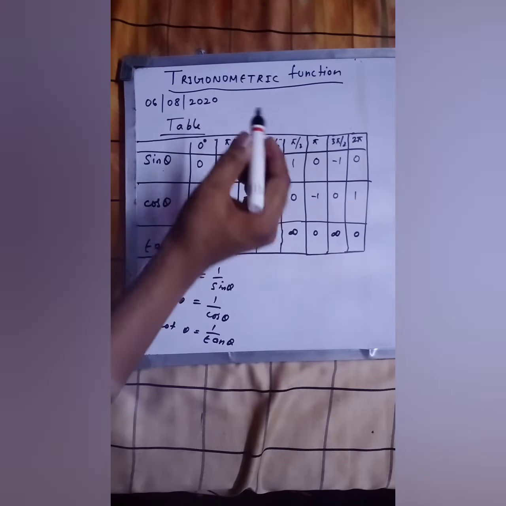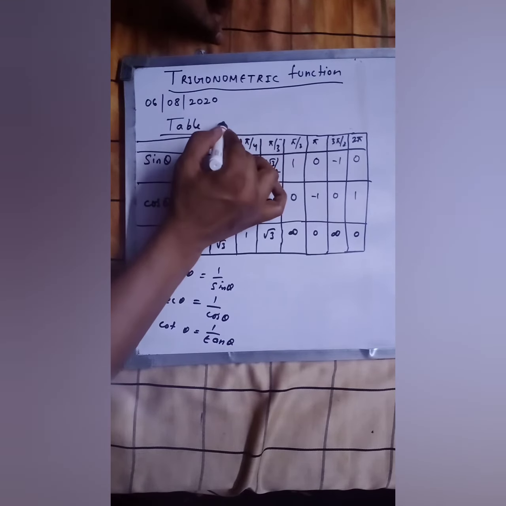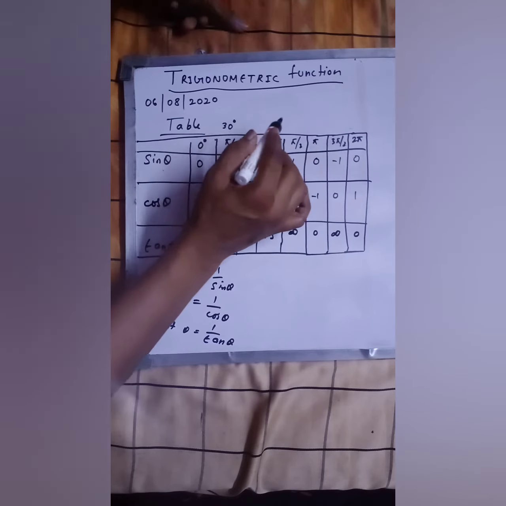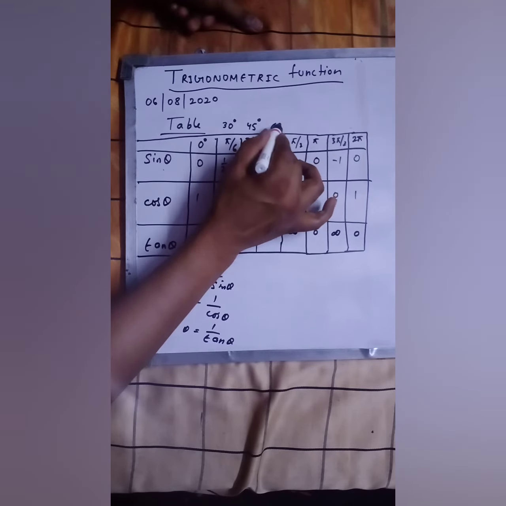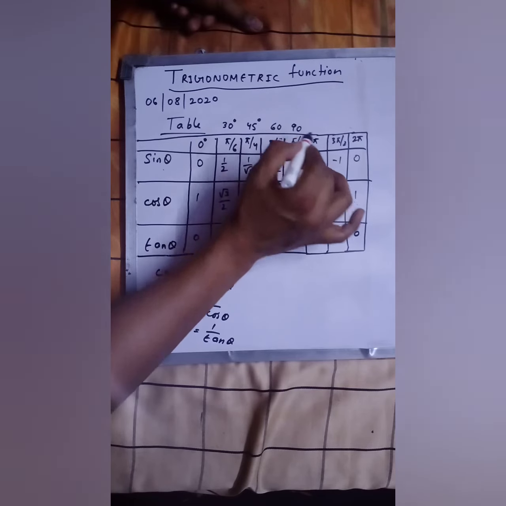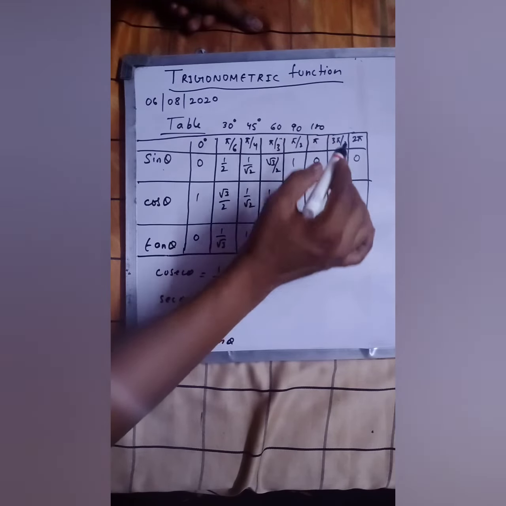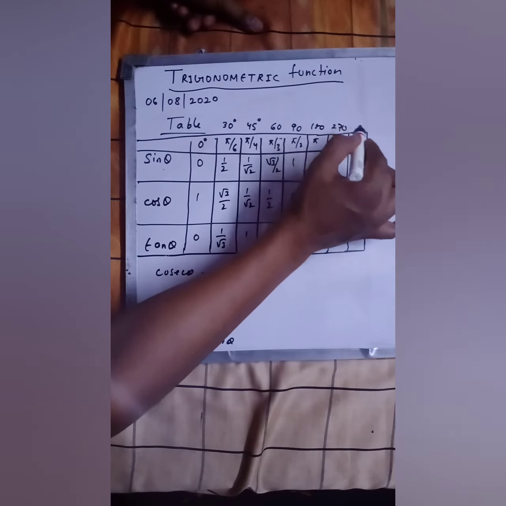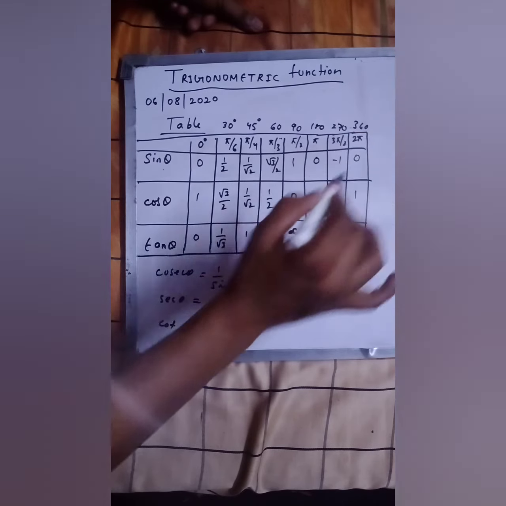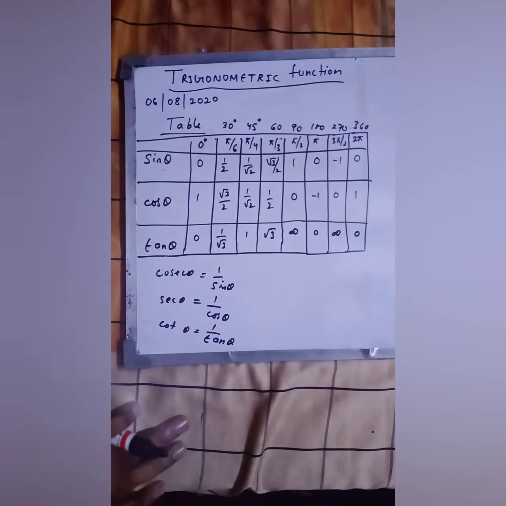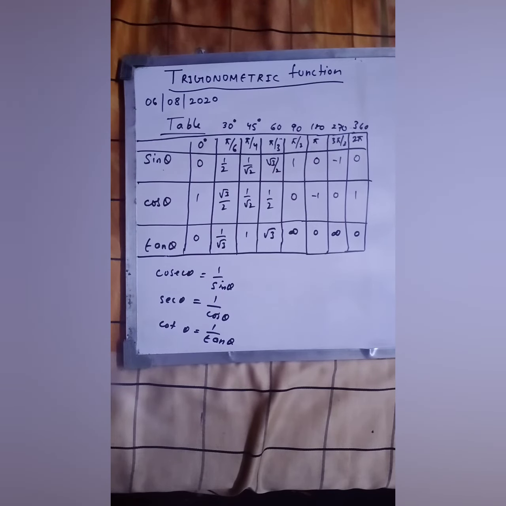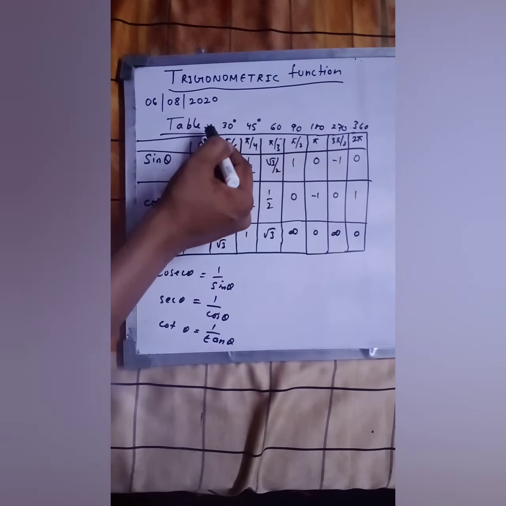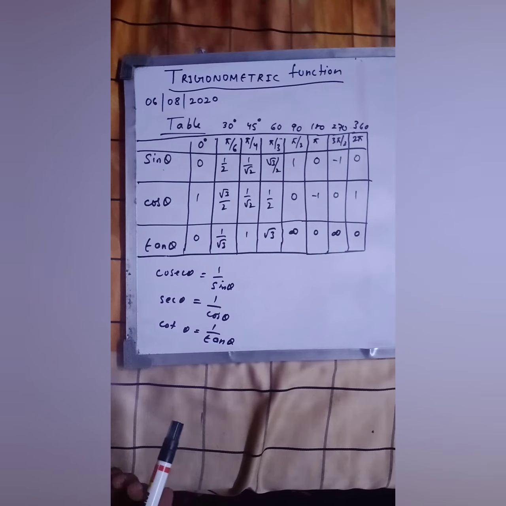So in 10th standard you have done this table up to 90, that is pi by 2. Fine. So here I'm writing the degree value also. This is 30 degree, this is 45 degree, this is 60, this is 90, this is 180, this is 270, this is 360. But it will be convenient for you if you learn the values in form of pi or in form of radian. So this is the radian form and this is the degree form. Fine.